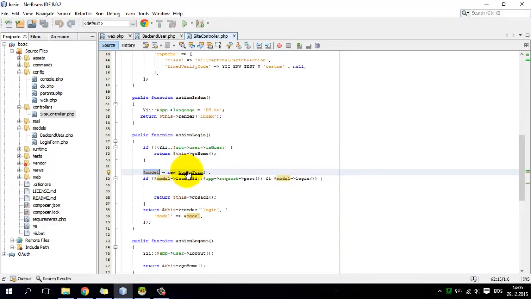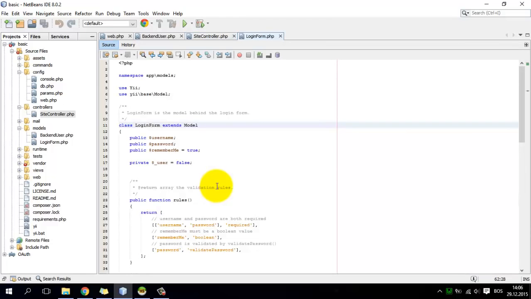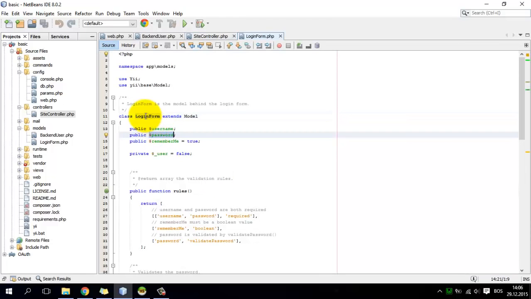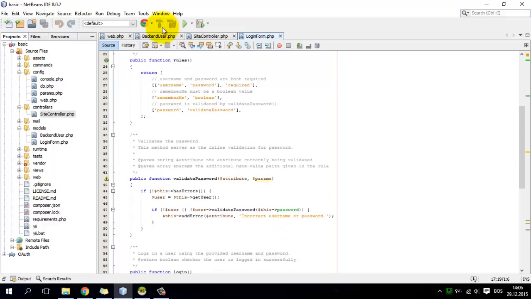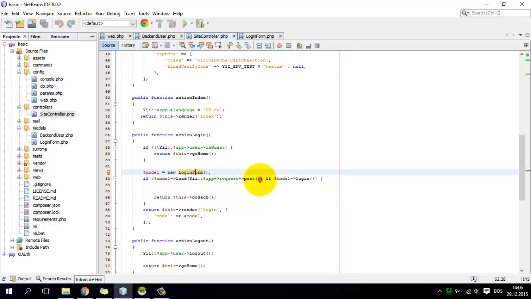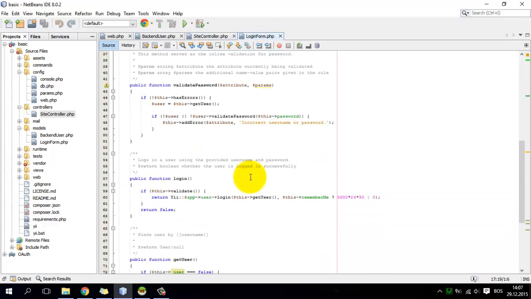So when I open the login form, you see that this login form has 3 attributes, properties. It's username, password, and remember me, and a private property called user. And in the site controller, we first load the values, and then we call the login function. And this login function is defined in this class. So if we go to the login form,